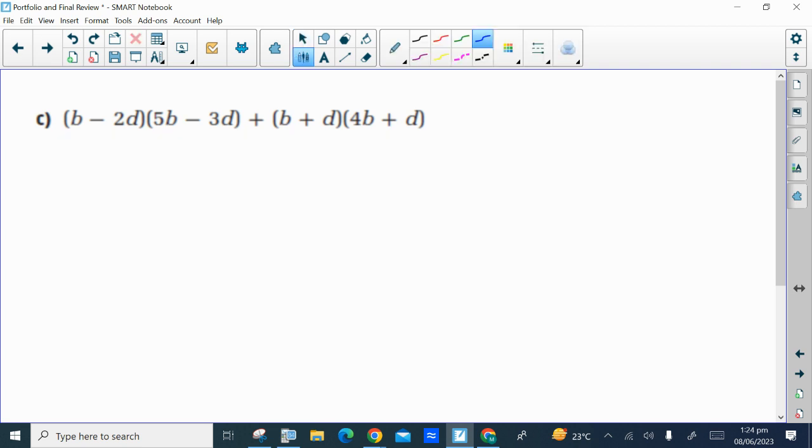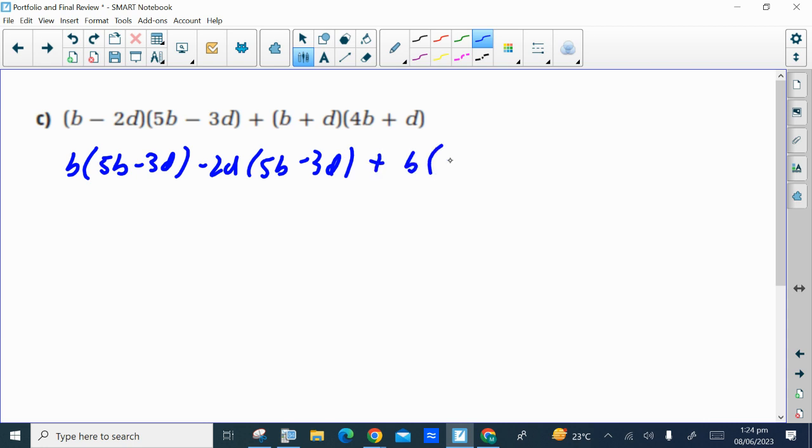So what's different here? There's a plus sign between the brackets, so you don't have to worry about changing any signs. But we have to use a distributive property to multiply them out. And this distributive property for the second set. So multiplying them out,